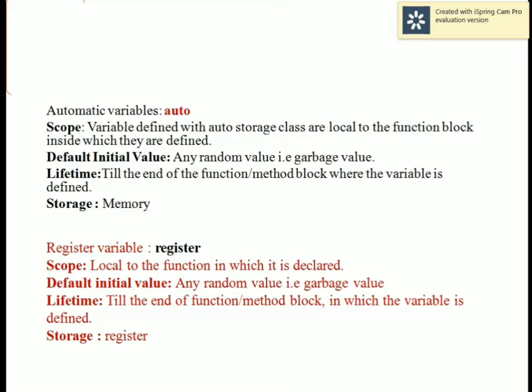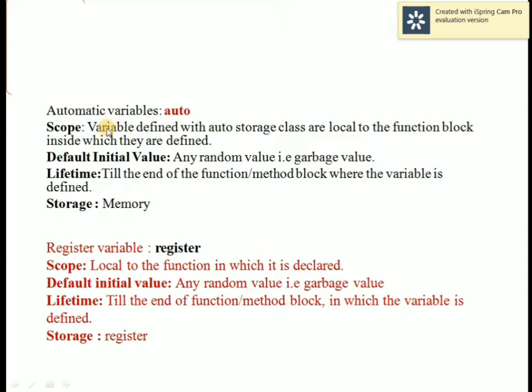So next we will see, basically there are four types of storage classes. One is automatic, then register variable, then static, and the last one is the external storage class. So the first one is automatic. If you want to define any variable with a storage class, then you need to specify the keyword. Clear? So for an automatic variable, the keyword is auto. If you don't write any keyword in front of the variable, then by default it is automatic. So that means you can skip the auto keyword. By default the variable is automatic.